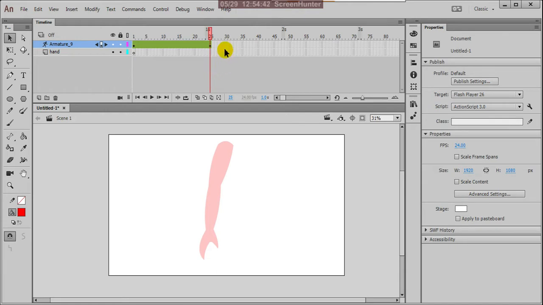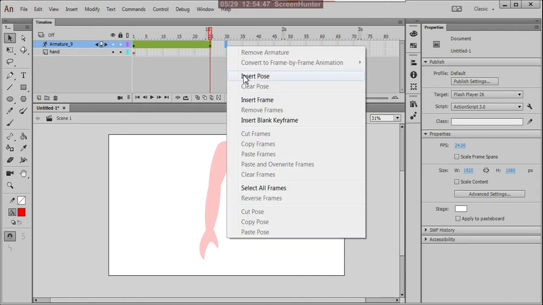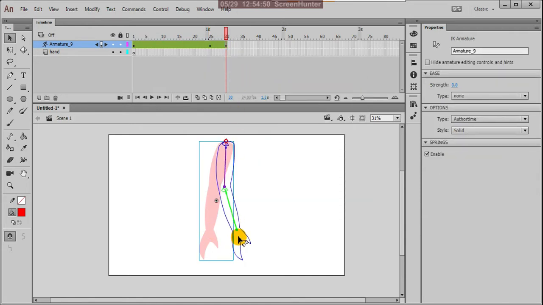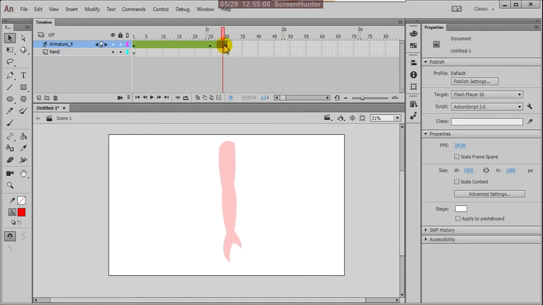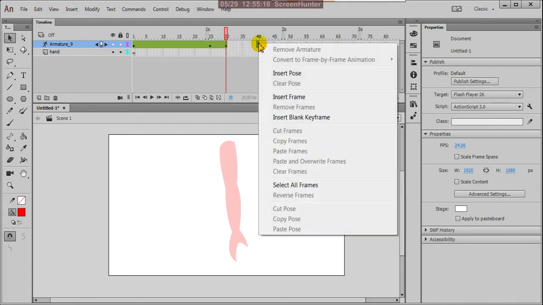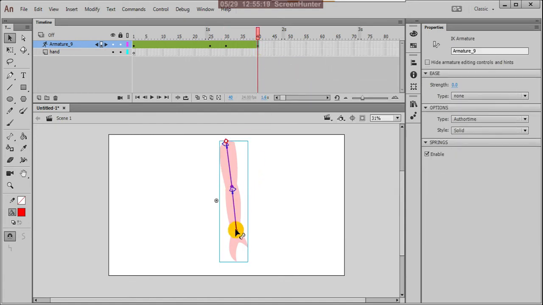After that, I am taking anticipation, so here insert pose and bring this hand back. Then after anticipation I'm going to move upwards, from there to here.